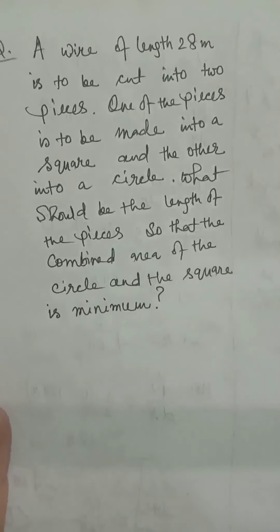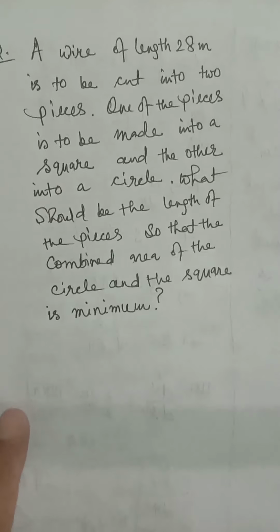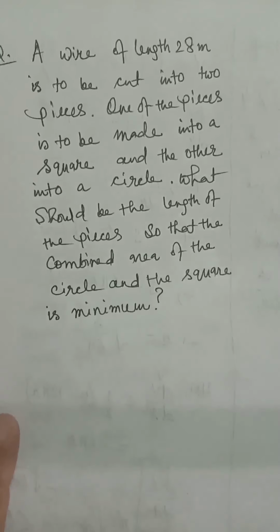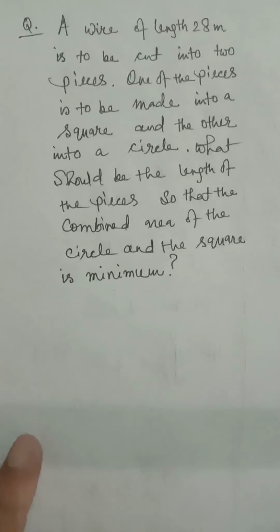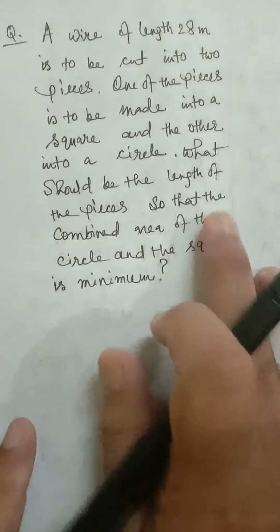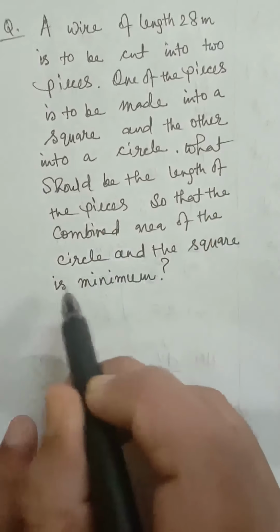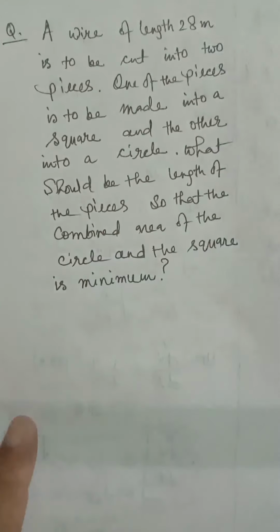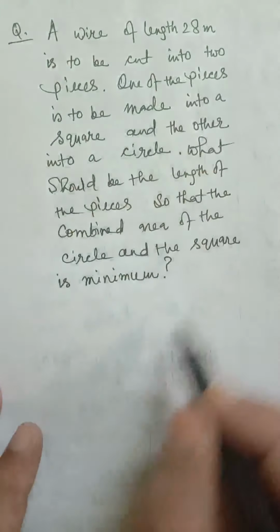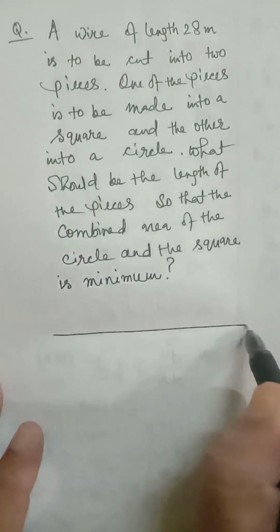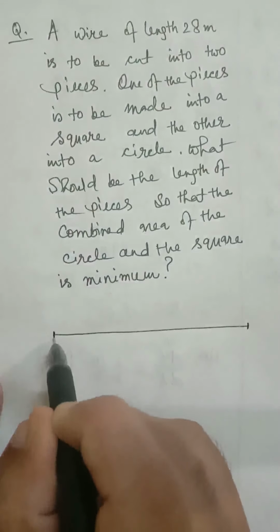Our next question is from NCERT book. A wire of length 28 meter is to be cut into two pieces. One of the pieces is to be made into a square and the other into a circle. What should be the length of the pieces so that the combined area of the circle and the square is the minimum? A wire of length 28 meter, suppose this is a wire of length 28 meter,